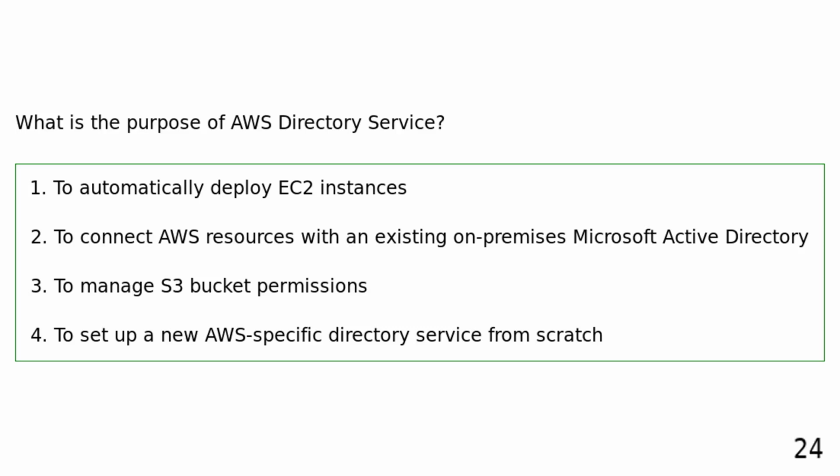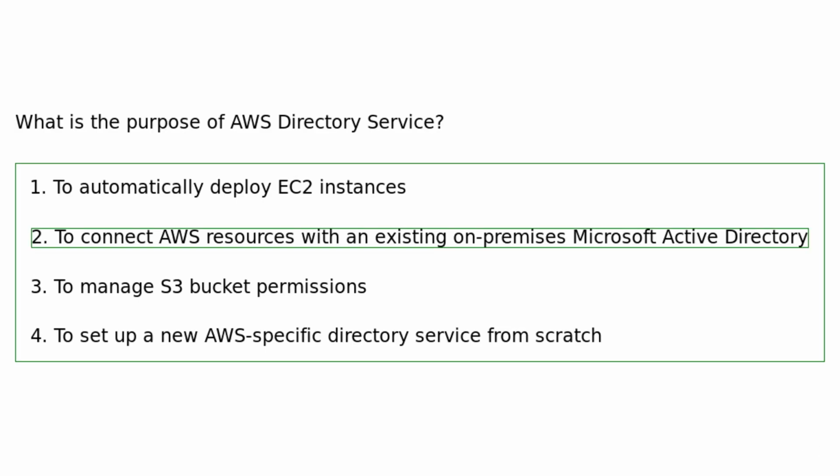What is the purpose of AWS Directory Service? To automatically deploy EC2 instances. To connect AWS resources with an existing on-premises Microsoft Active Directory. To manage S3 bucket permissions. To set up a new AWS-specific directory service from scratch. The AWS Directory Service allows users to connect AWS resources with an existing on-premises Microsoft Active Directory, enabling seamless integration